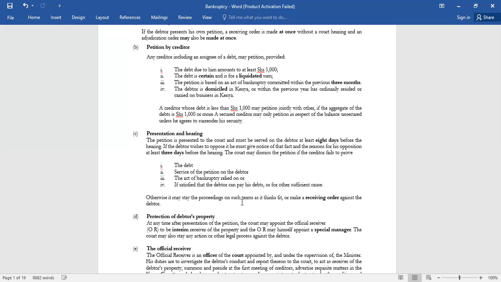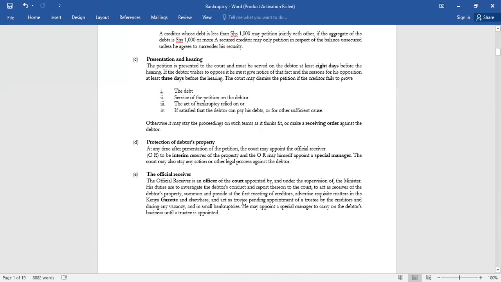Are you getting? Otherwise, it may stay the proceedings of such terms as it thinks fit or make a receiving order against the debtor. So if you are unable to redeem yourself within the duration, then the court will go ahead and give a receiving order. Now, we have the protection of the debtor's property. Of course, when the court goes ahead and declares you bankrupt, they won't just expose you. They have to protect you pending the